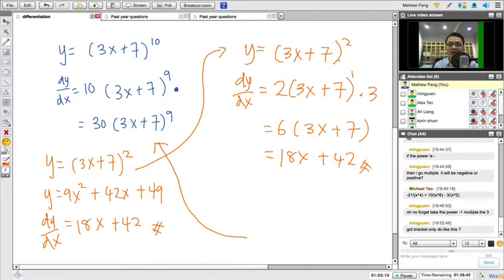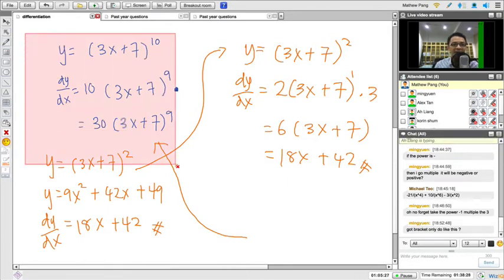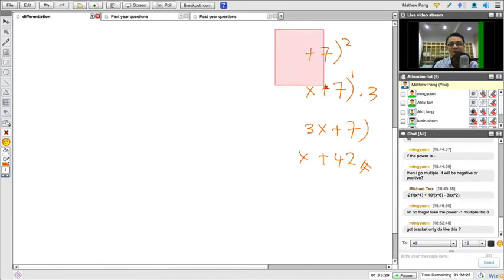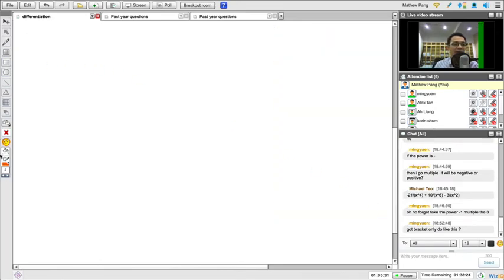Alright, so yes, I hope I answered your question. So whenever you've got a bracket and the power is very big, or sometimes very small, you also need to do it this way. If you understand this one, I'm going to show you about the bracket power which is very small. Okay, I'm going to erase this one. Okay, let's say